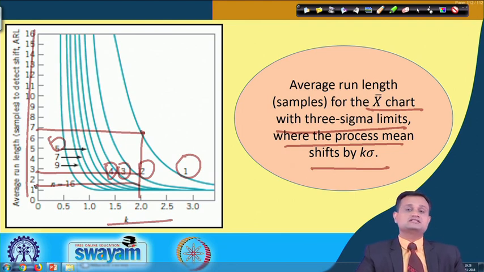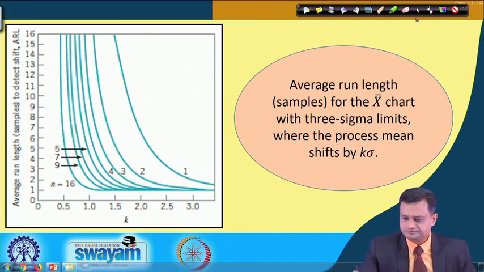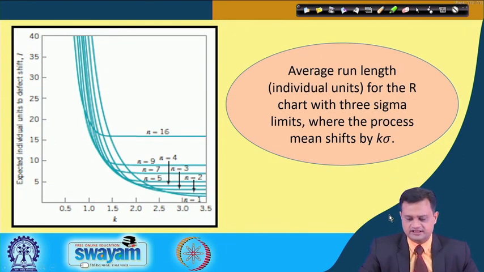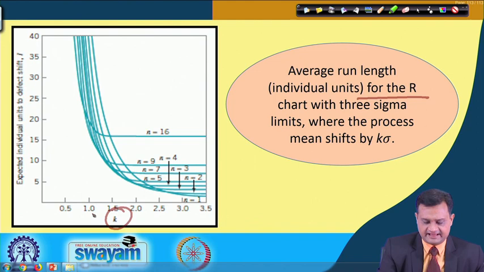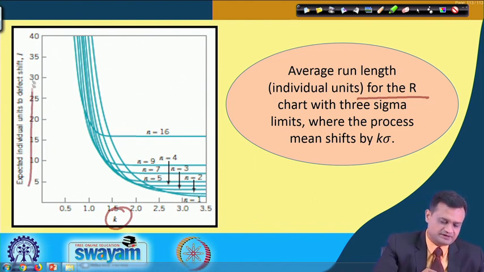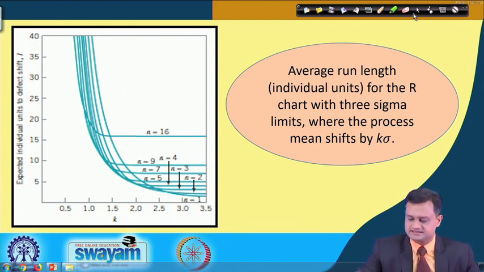Obviously, when you increase n, the cost is also an important consideration. So I will not say that going for higher and higher sample size is better. You need to be judicious in the sample size and the discriminatory power you need for a given quality characteristic. This is really interesting, and the same way you can do it for R, but here for a k I am just trying to see the expected shift to be detected, and this you can do very easily.